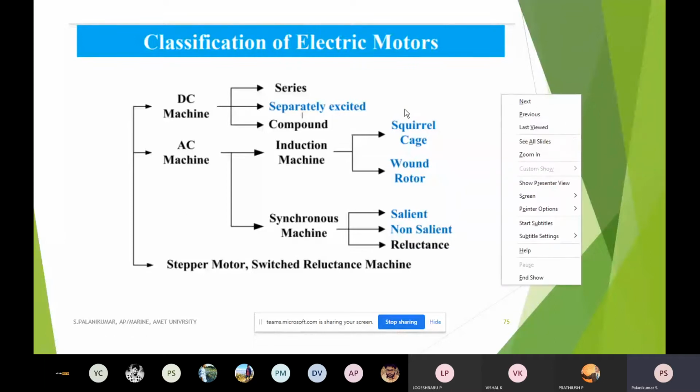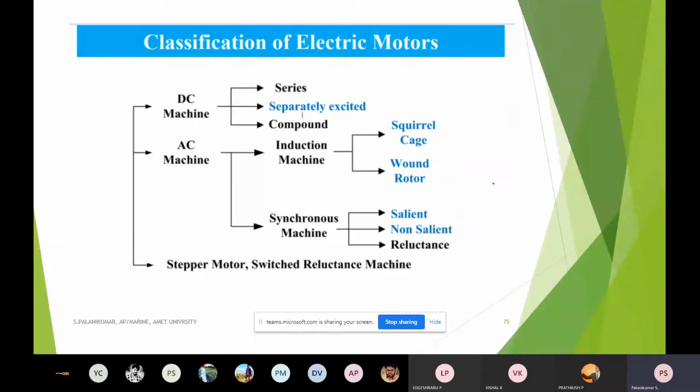So especially we have seen the motor principle, how it is working, and what are the different ways it has a winding. What is the problem with the carbon brushes, that is the commutator arrangement. How that particular commutator helps us to have a continuous rotation of the motor. We have seen that. So the DC machine is broadly classified into different types: the DC series motor, and the DC shunt and separately excited motor.